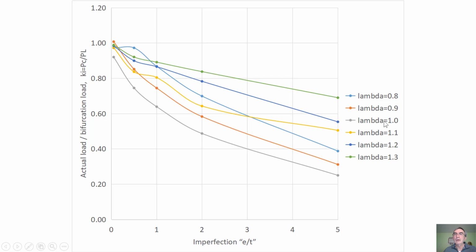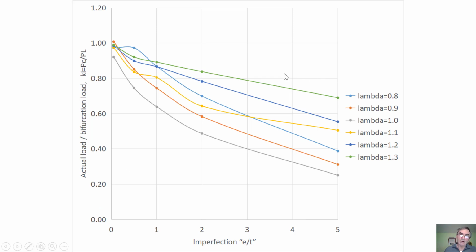And if I go to shorter, not so slender columns, I go to lambda 0.9, which is orange, the effect is still high, but not so high. And if I go to 0.8, which is even shorter, the effect is high, but not so high. So I get less effect when I go shorter. And when I go longer, the same. If I go longer or more slender, from 1 to 1.1, the effect is a lot less. And 1.2 is even less, and 1.3 is even less. But there is always an effect. No matter what lambda you use, what imperfection you use, you're going to have an effect.